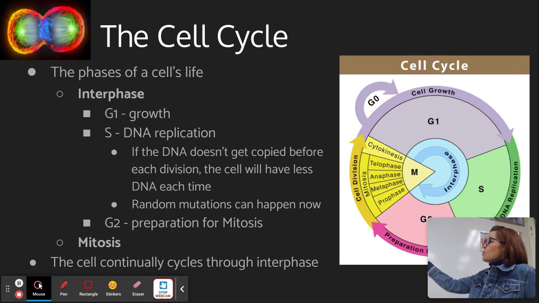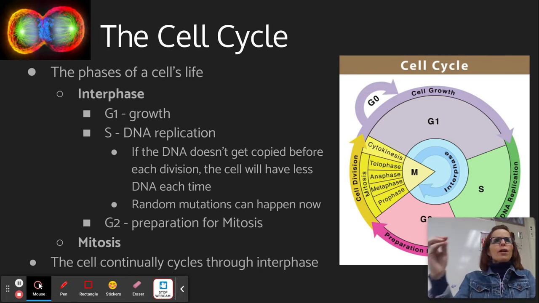So in this case, G1 is when the cell is growing. Remember that G0 is when a cell actually stops dividing. That could be normal, like nerve cells don't divide, and so they automatically go into G0. It could be a sign that the cell has gotten old, and that's called senescence. It's not like senile. It's not supposed to divide anymore. But assuming that it is going to be a cell that will divide, it goes through G1, cell growth.